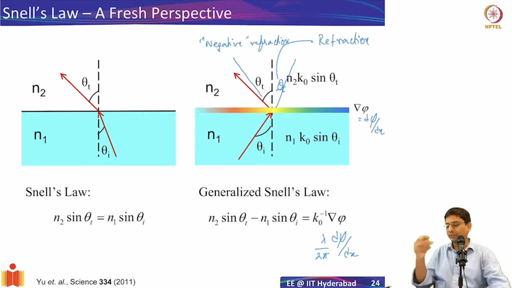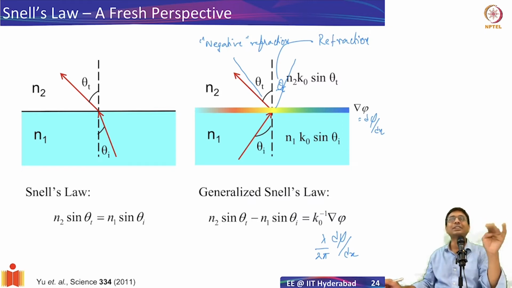Okay, negative refraction. I mean, the convention is that it's not negative index. It's only negative refraction. It's not negative index. I can have it in the opposite direction. So it gives us enormous flexibility. That's what we were after, right? When we talked about the negative index media, we said that it can bend in the negative sense, and that gives us more flexibility that is not present in nature.